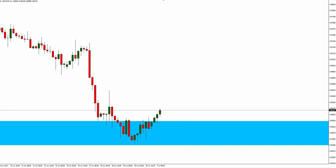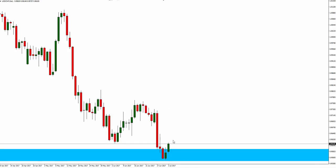people place their stops above these swings, so the stops are currently being nailed. Again, that's why you just got to be a little bit careful. But if this continues higher and then you get some sort of sell-off, but it again fails to sell off, that's something that might be of interest to then take that trade and go long. So it is starting to jam those traders up, but again on the daily you see how it's just a